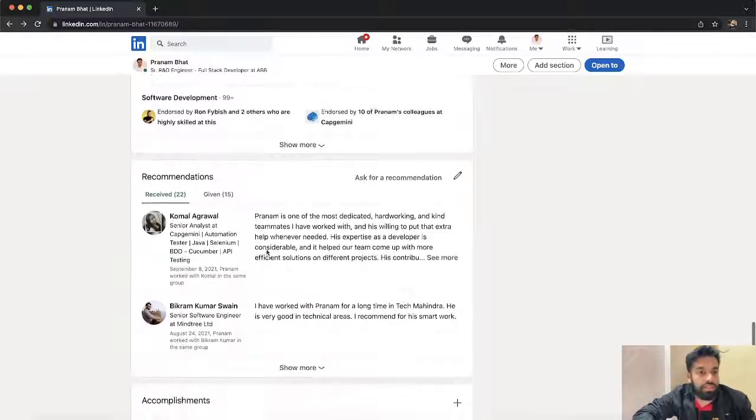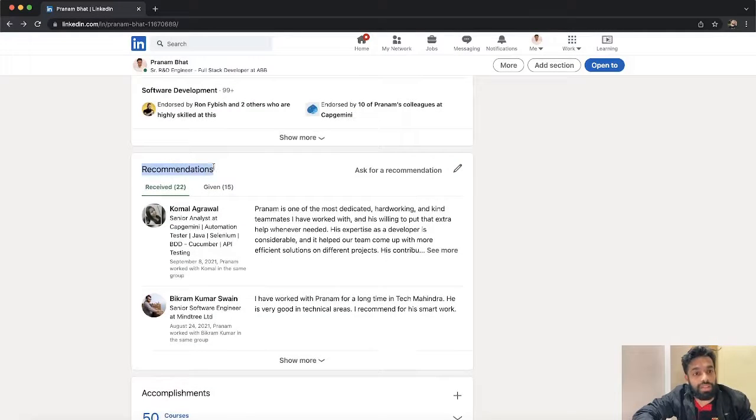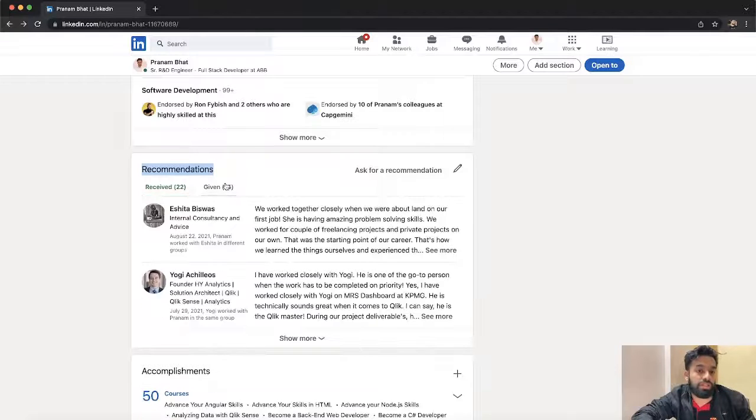Once that is done, come back to recommendations. The recommendation section says that if you work with friends or colleagues, they can write a recommendation for your profile, or you can also write a recommendation like this.